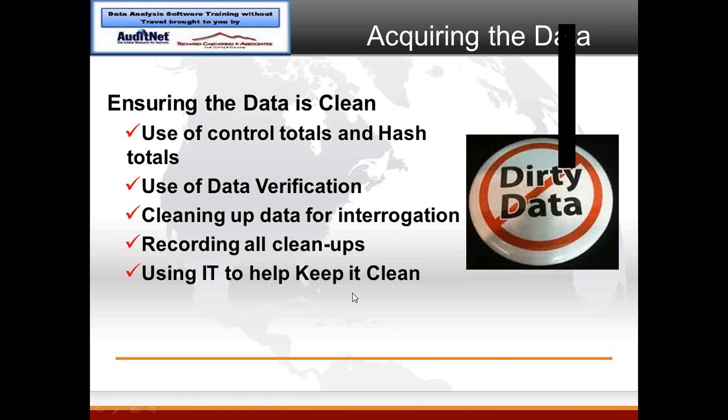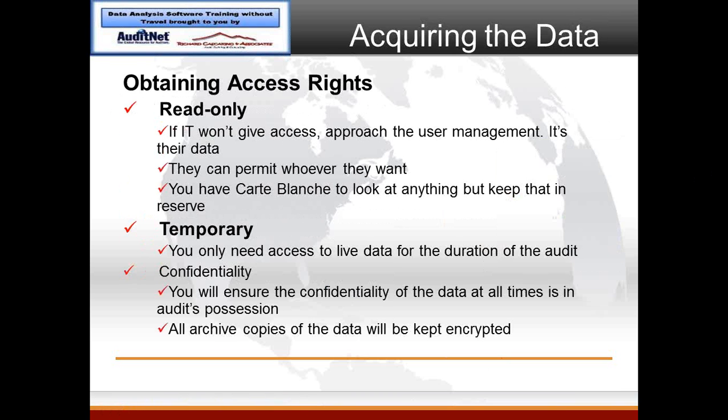As far as getting the actual data is concerned, we need to get access rights. Now, 90% of the time, all you want is read only. Okay? And very commonly the auditor will find resistance from IT. Why should you have access to that data? We are not going to give you access to it.